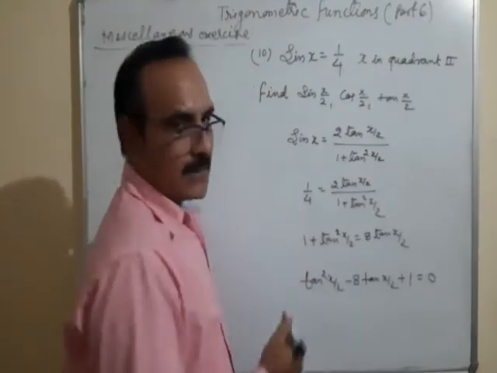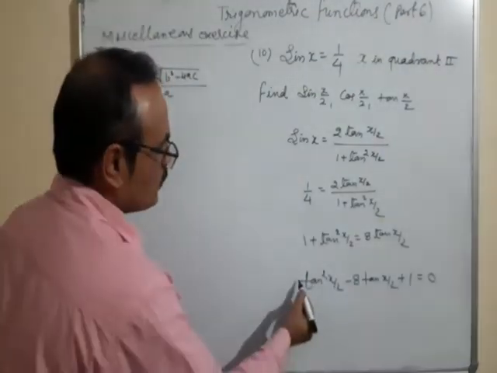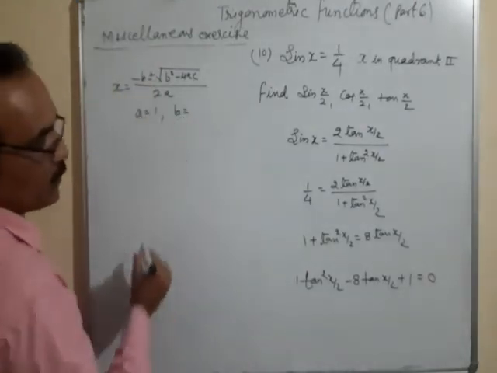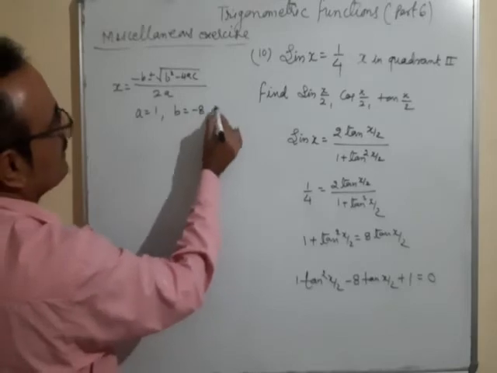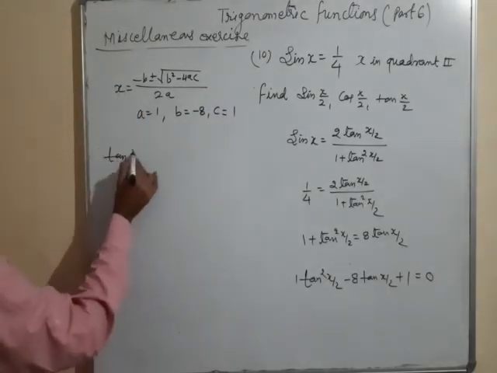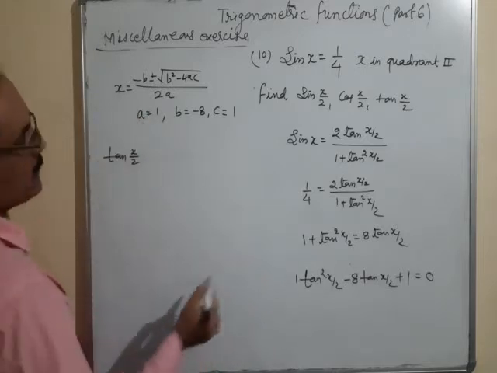In place of x there is tan x by 2. A is equal to 1, B is equal to minus 8, and C is equal to 1. So tan x by 2 is equal to, because in place of x that is tan x by 2,